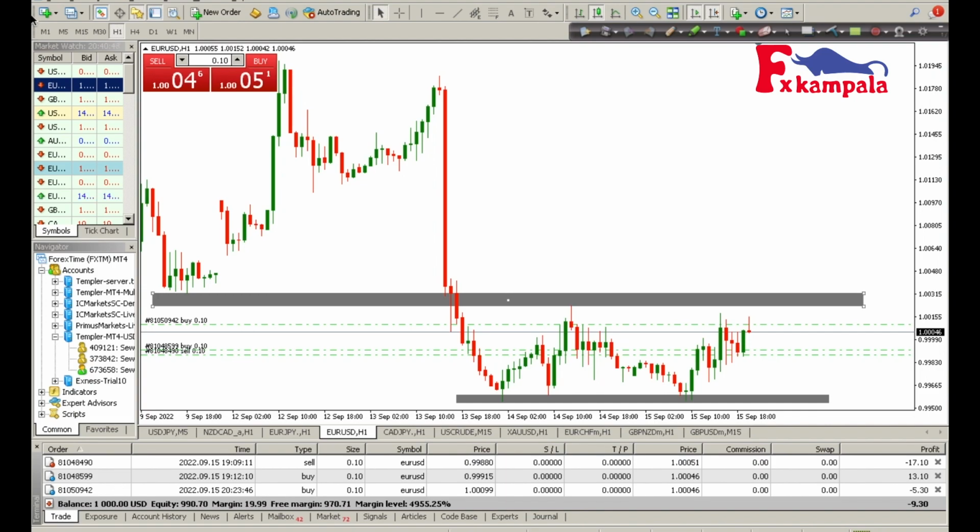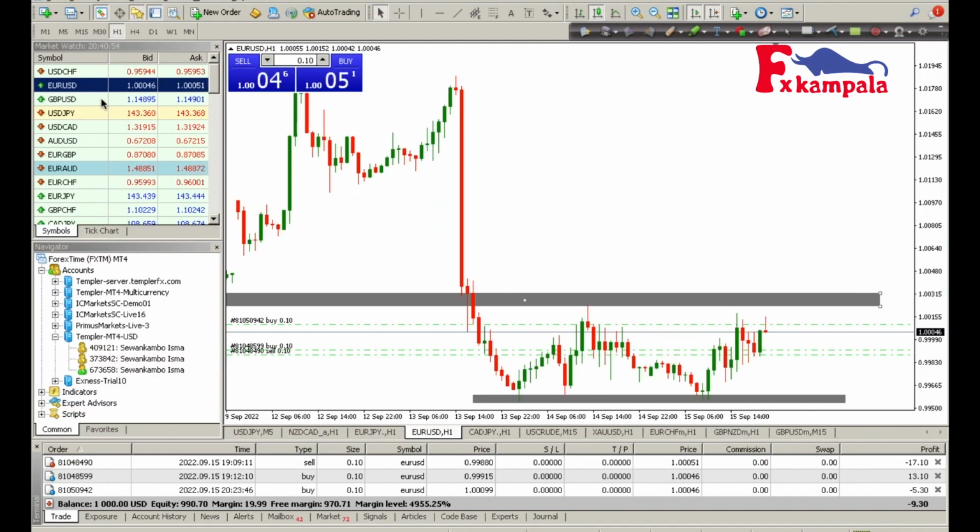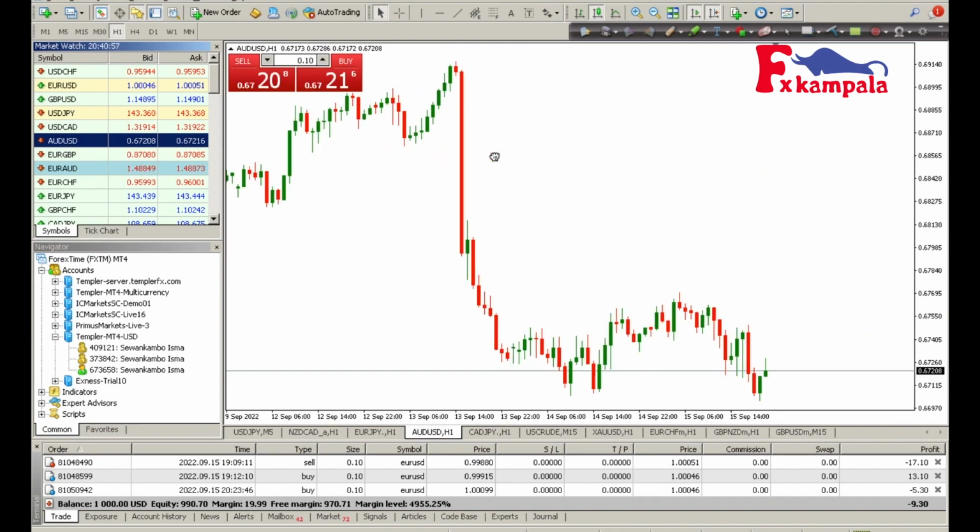Let me just get a fresh chart. Let me just go to my market watch. I choose Aussie USD. Now, when it comes to the Australian dollar, US dollar,